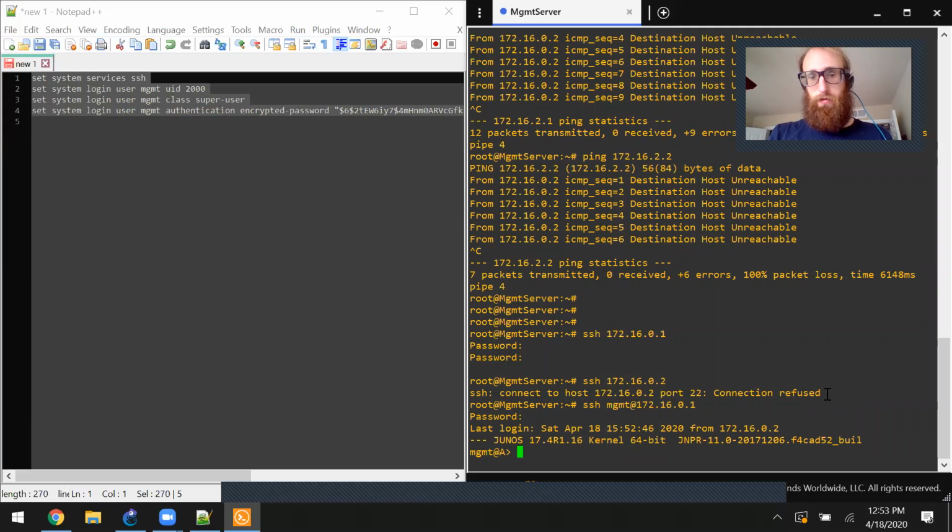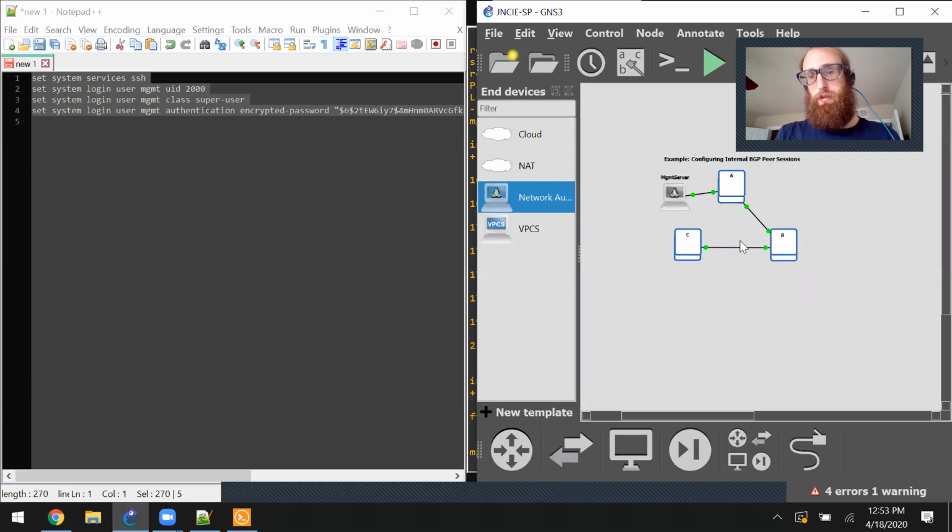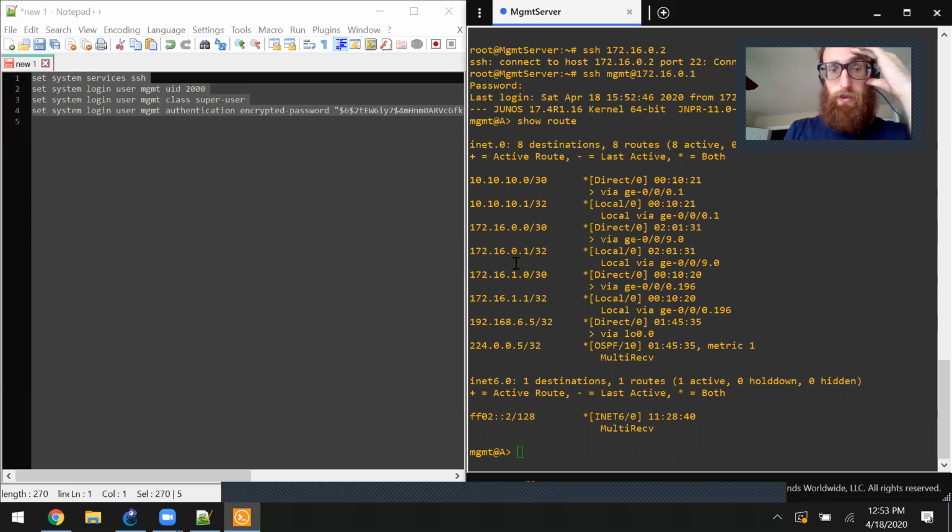All right, so if I do a show route, you can see I do have OSPF enabled now, but I don't have any connections. It's only set up on router A. I've got only directly connected routes. And you can see which route I'm missing here. I'm missing route .2. I've only got .0 and .1, which is kind of why I was confused why I wouldn't be able